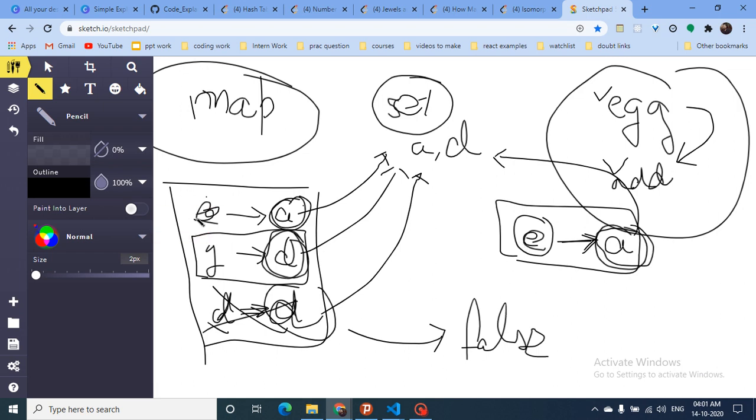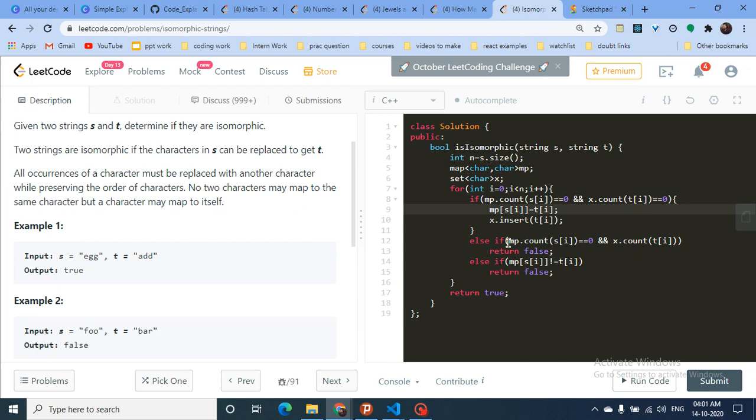I'm fine that E mapping to A is not present in the map, but A already matches to D, so I should not insert it, because the question statement states that there's only one mapping for every character. So then I have to return false. That's what I see: map of s of i is not there, but x count, which means this particular character t of i is present in the set, then I will return false.